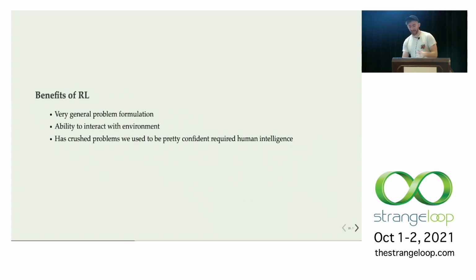But let's talk about the benefits of RL, right? It's a very general problem formulation. You can't make everything look like a classification problem that neural nets are good at, but agents interacting in an environment and doing stuff, that's more general. There are a lot of things that could fit that sort of description, right? And as we've discussed, its resume is great. It's crushed some problems that we thought required human intelligence. We used to say, man, if you could play chess, that'd be AI, right? And now chess is lunch, man, we can do more. So that seems like a good place to start.